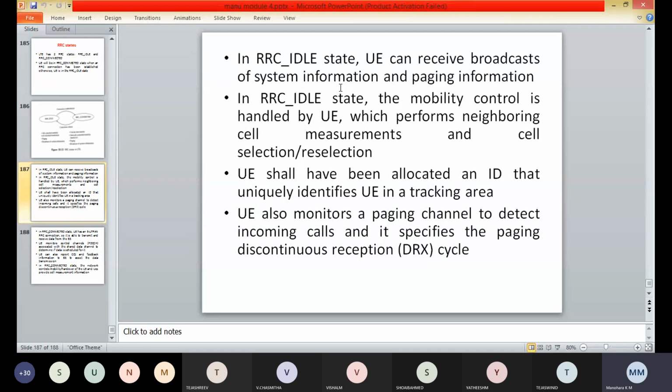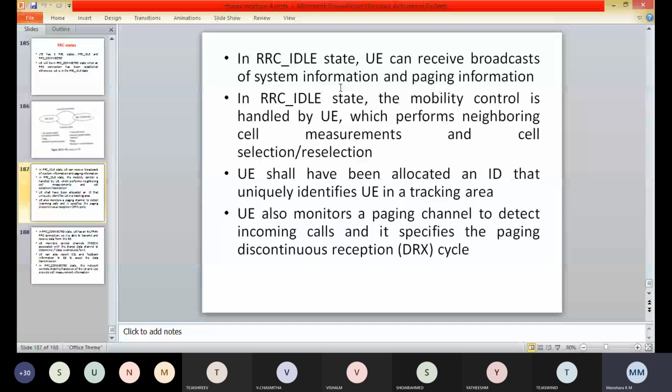The second function is the RRC connection control. It covers the establishment, modification and release of an RRC connection, which includes the paging, initial security activation, and establishment of SRBs and radio bearers, which will carry the user data.